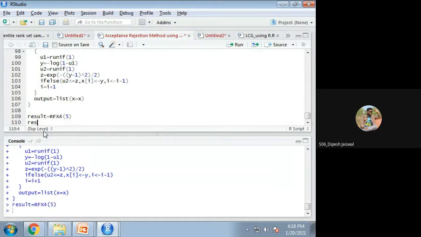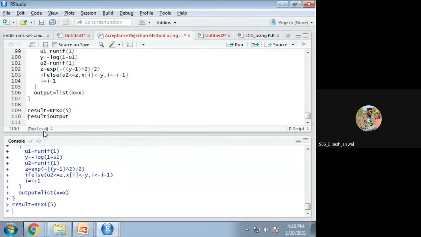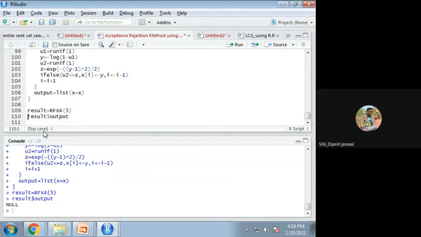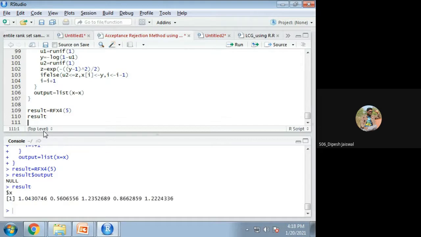Then we'll print the result $out output. Not taking. It is taking result $x. Okay, output is not there, result $x. Output is stored into that.